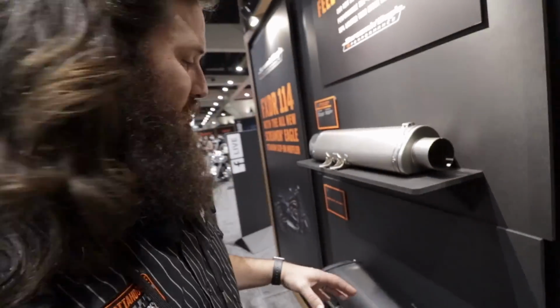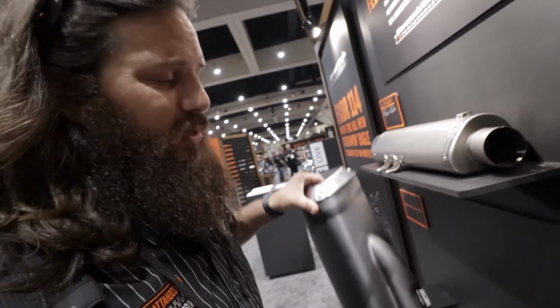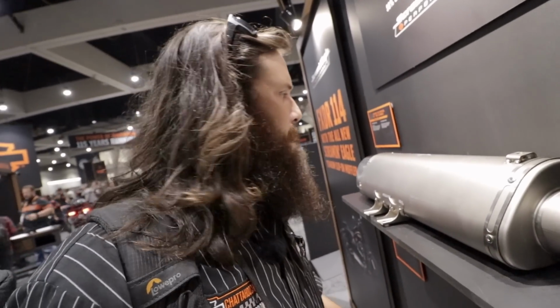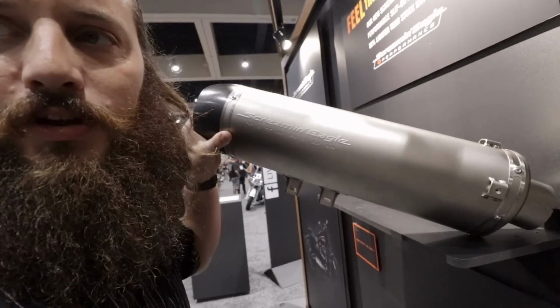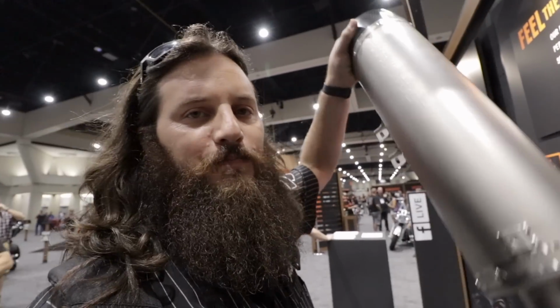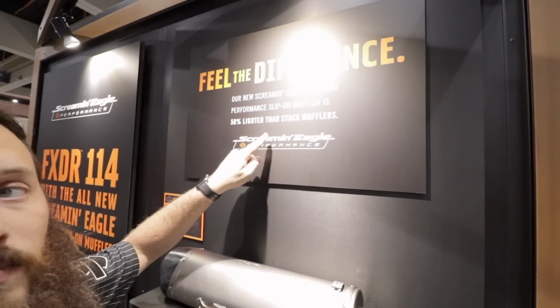All right, so the swing arm is super light. The stock muffler weighs more than that swing arm does. It is a workout to pick up with one hand. However, can you guys read that? The Screaming Eagle titanium version, 50% lighter. Oh, look. I can pretty much read is what that means. There's also a new Screaming Eagle muffler for the